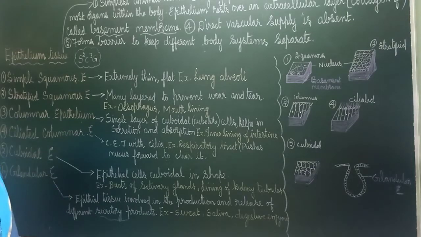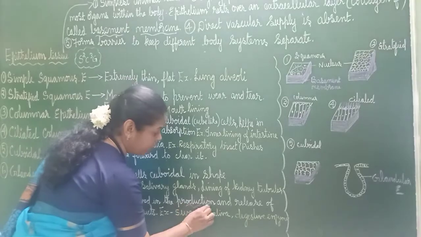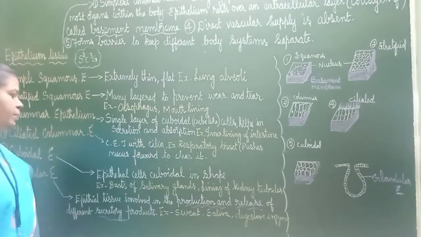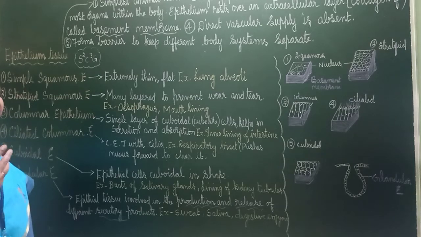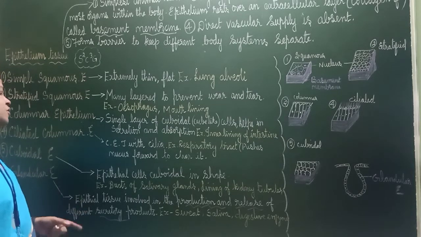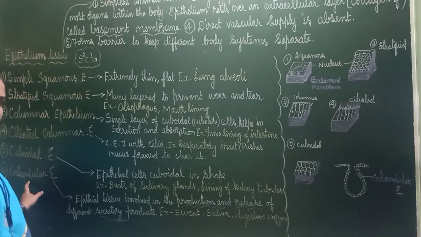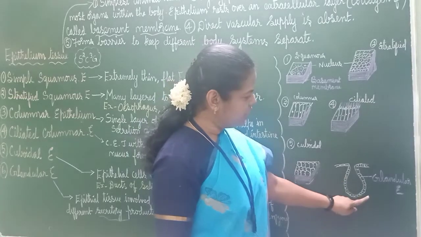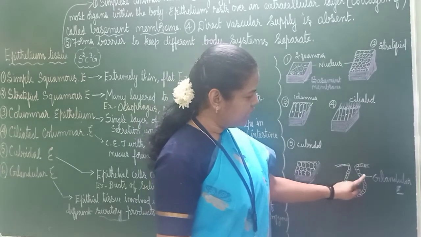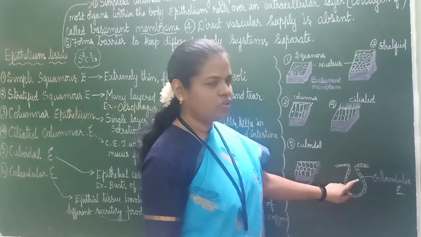Glandular epithelium. This is the epithelium tissue which is involved in the production and release of products. They help in the production and release of different secretory products. What do you mean by secretory products? I told you just now, saliva. Saliva is secreted, it is coming from the mouth. In the same way sweat. When you are running, you will get sweat, and it is because of sweat glands. Sweat glands will produce it. There also glandular epithelium will be seen. See like this, a small gland will be there, and this will be a lining for that gland also. So this is glandular epithelium.